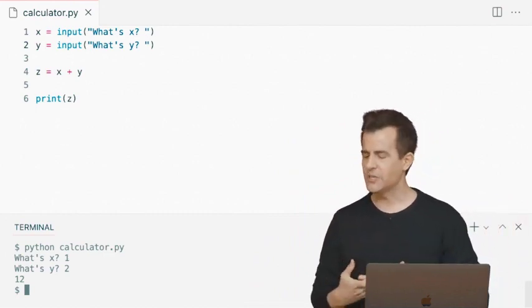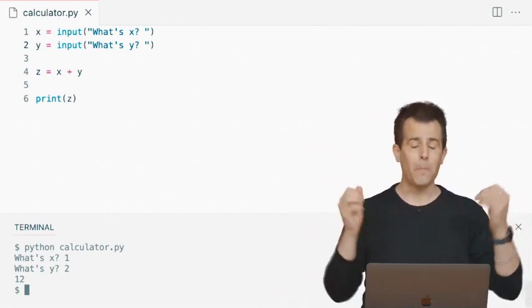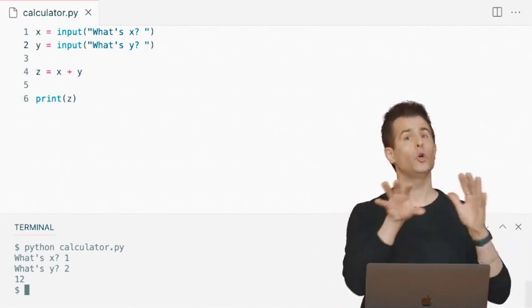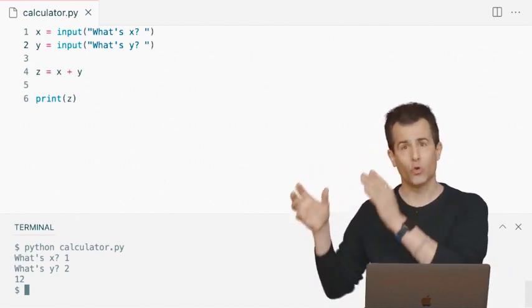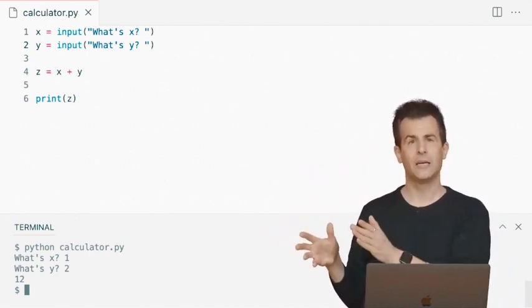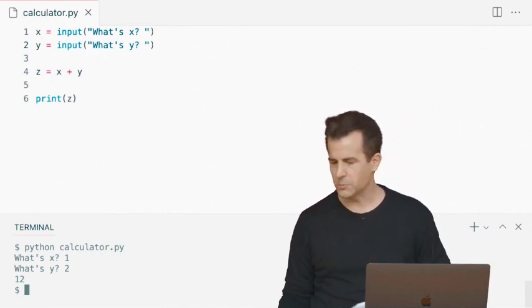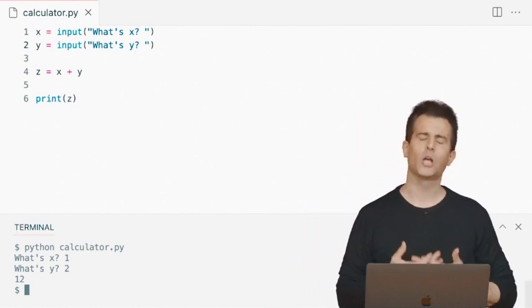But the interesting thing here is that when you get user input, because they're using a keyboard on their Mac or PC or their phone, it is always going to be text. It might look like a number, but by default, it's coming from the keyboard as a string. That is, as text. And so how do we go about resolving this if ultimately we don't want to treat those inputs as strings, we want to treat them as actual numbers?